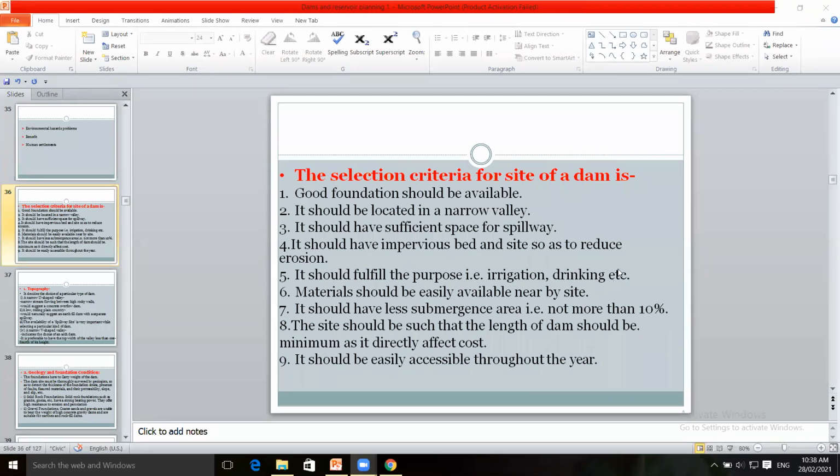The quantity of water to be supplied will depend upon the population of that city. So it should fulfill the purpose of drinking and irrigation, and the type of irrigation is to be decided.